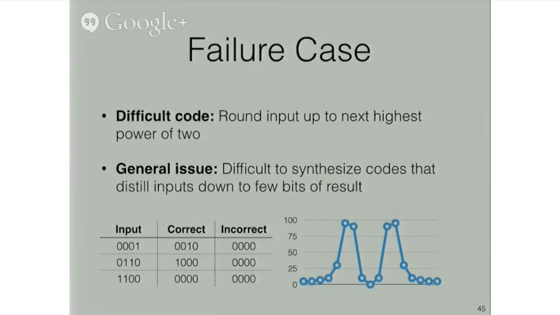It turns out that this incorrect function is extremely attractive to a search process. It's both simple to discover, and it's only ever wrong in a single bit. And it's also immediately adjacent to just about every single program. All you have to do is blow the program away and replace it with something that returns 0. Developing techniques to escape from strong minima of this form to discover the true global minimum is something that we're currently looking into. And it wouldn't be correct of me to say we can't do this, because now we can do this. But if you're interested in how we do it now, I'd be happy to talk about it offline.